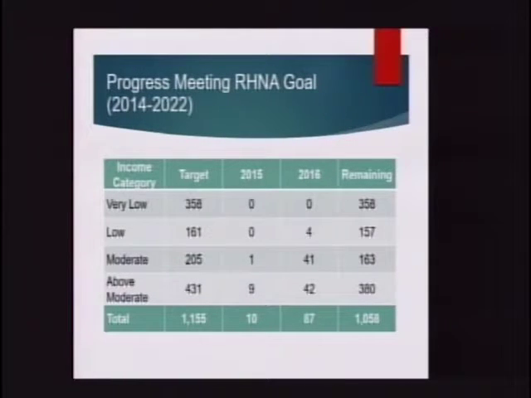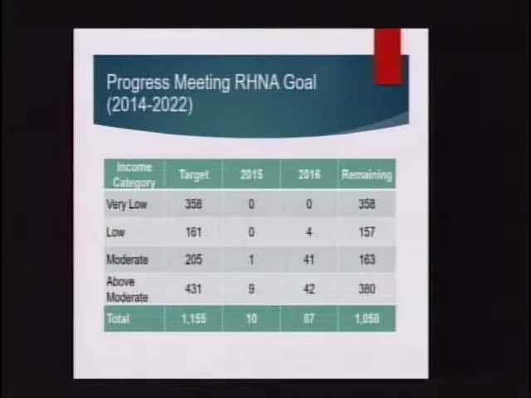As far as housing production is concerned, like most communities, it's very difficult in this environment of low housing production and a significant increase in jobs here in this region to provide housing to meet all economic sectors. And like most communities, San Bruno is experiencing a situation where we're able to produce some housing at the moderate and above moderate levels, but it's extremely difficult to provide housing at the lower income levels.